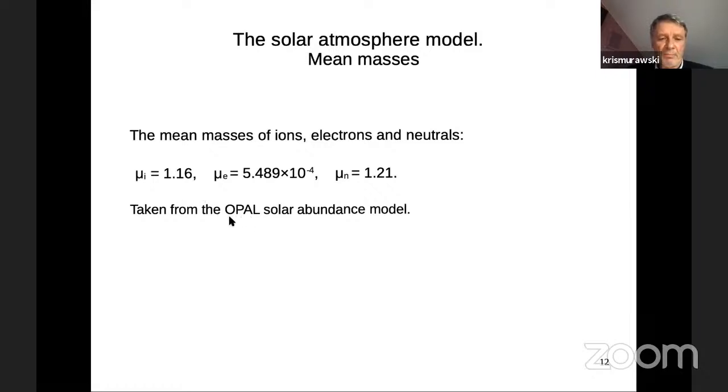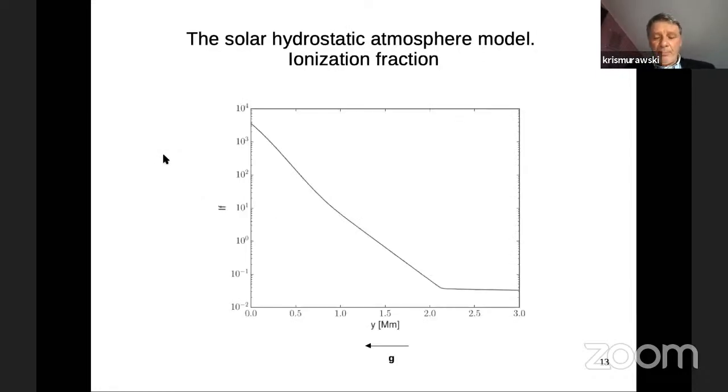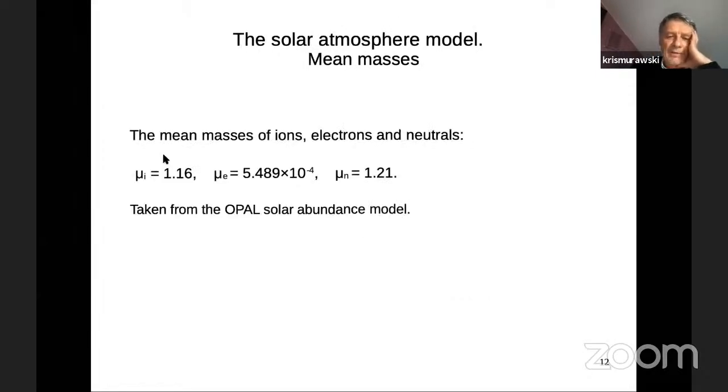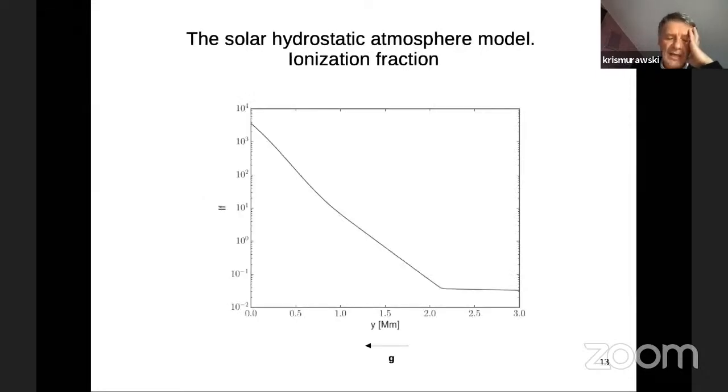That's according to the OPAL solar abundance model. And having the temperature profile from the model of Avrett and Loeser, we can construct analytical expressions for mass densities,